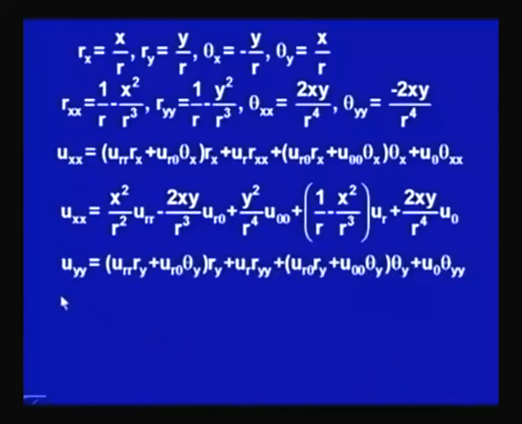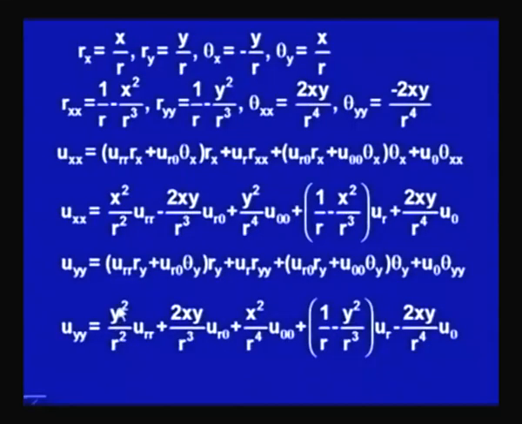Similarly, we can get u y y, again substituting this, r y is y upon r, multiplication of this we would be getting y square upon r square u r r, and then the coefficient of u r theta is theta y r y and theta y r y. From here theta y and r y we would be getting again x y upon r cube, that is u r theta twice we had, with the plus sign now, and the coefficient of u theta theta here would be x square upon r square, that is theta y whole square,